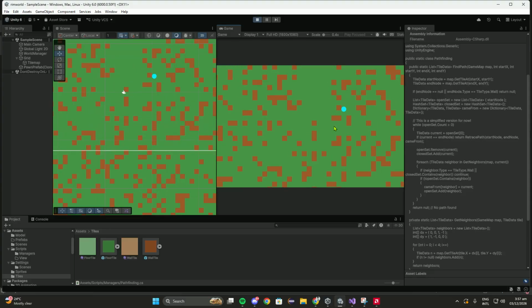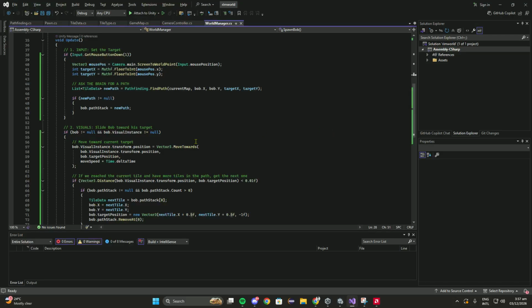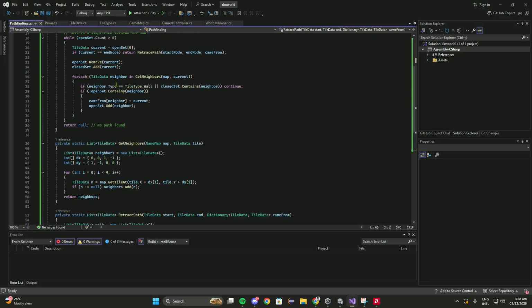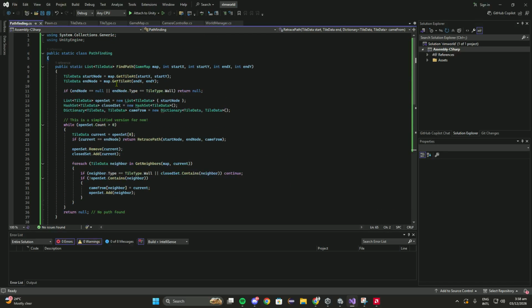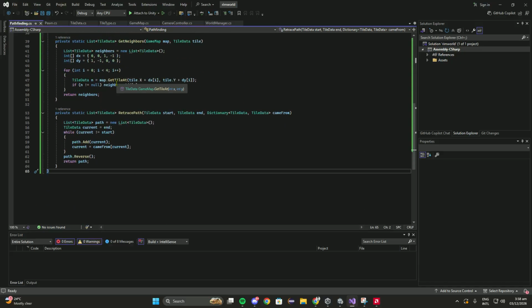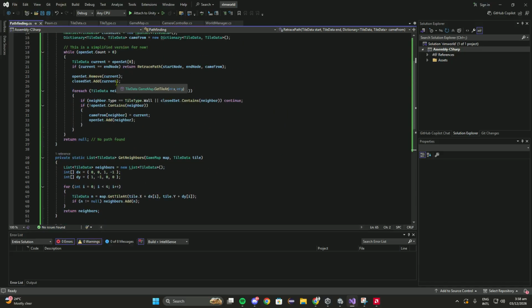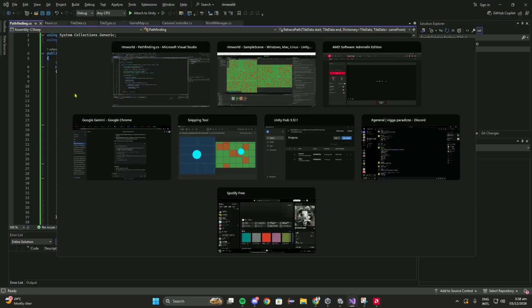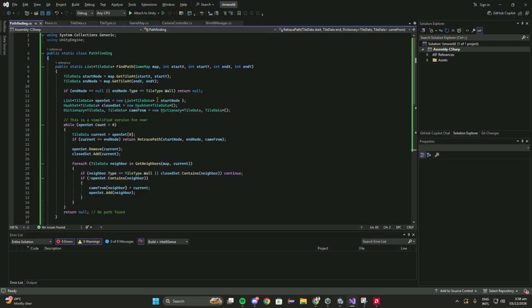This is mainly because of the pathfinding algorithm that we placed. Basically, we are using the A star algorithm to find the shortest path together with the walls.